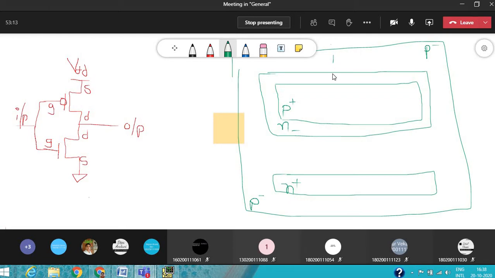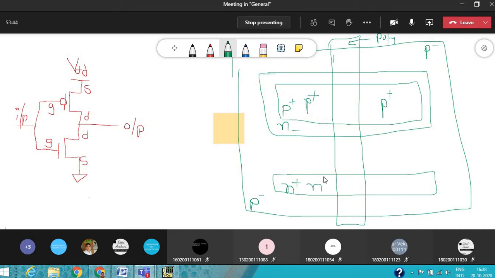Now above it we have to put a polysilicon, above which we connect the gate terminal. This polysilicon separates the P plus and P plus regions, so one region works as the source and the other as the drain.